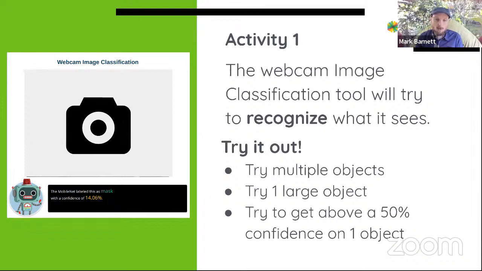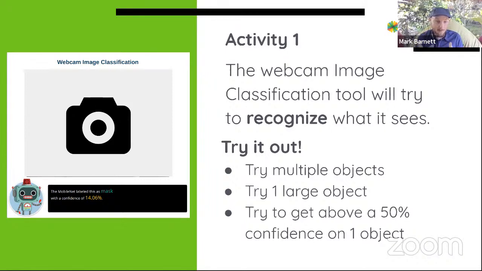So this machine learning tool has been trained to recognize a lot of common everyday objects. It can identify a backpack, a mug, a water bottle, a guitar, a ball, just common everyday things you might have lying around your house. It's also really good at recognizing different types of animals.